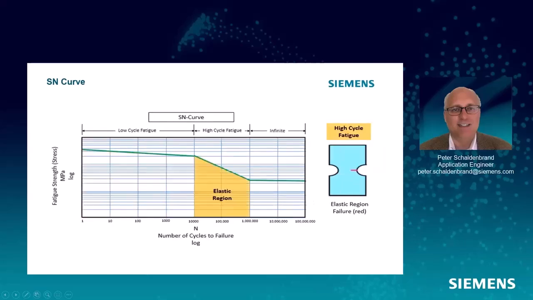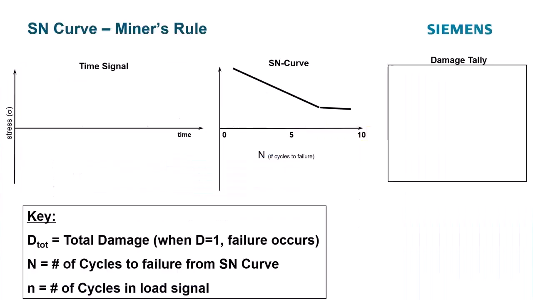The region we're going to focus on is this elastic high cycle fatigue region. So now we have a linear relationship between stress and strain. And this is where a lot of our components operate. They're not designed to last forever, which is down here. Some of the reasons engine manufacturers do that is it's hard to count cycles. If something spins at 6,000 or 7,000 RPM, cycles can accumulate very quickly. So it's hard to get a good count sometimes.